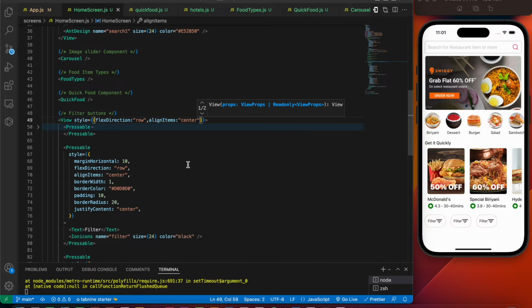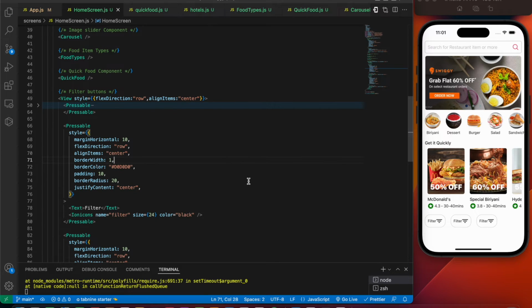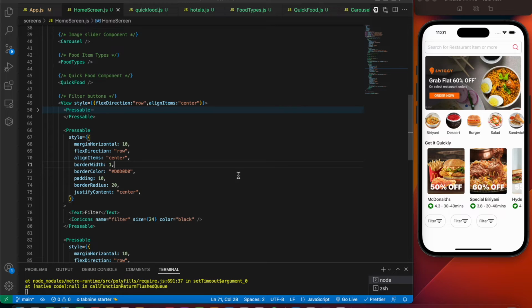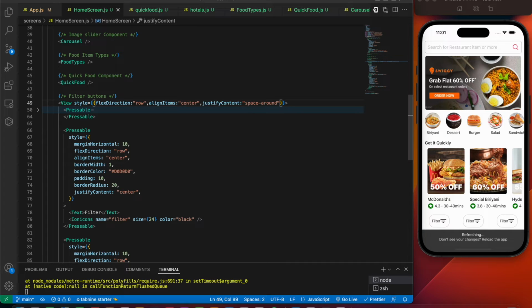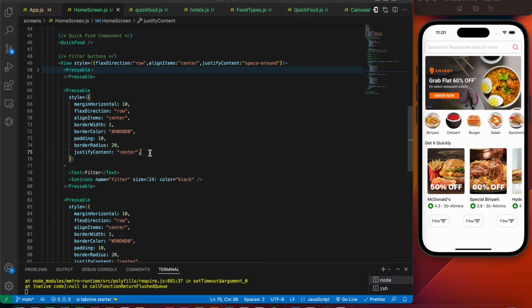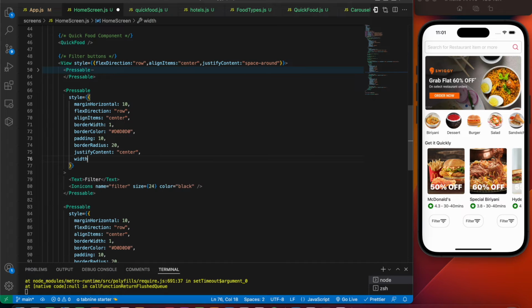Okay, fine. So now let's give justify content of space around. Okay, so let's give it a specific width, let's say 150